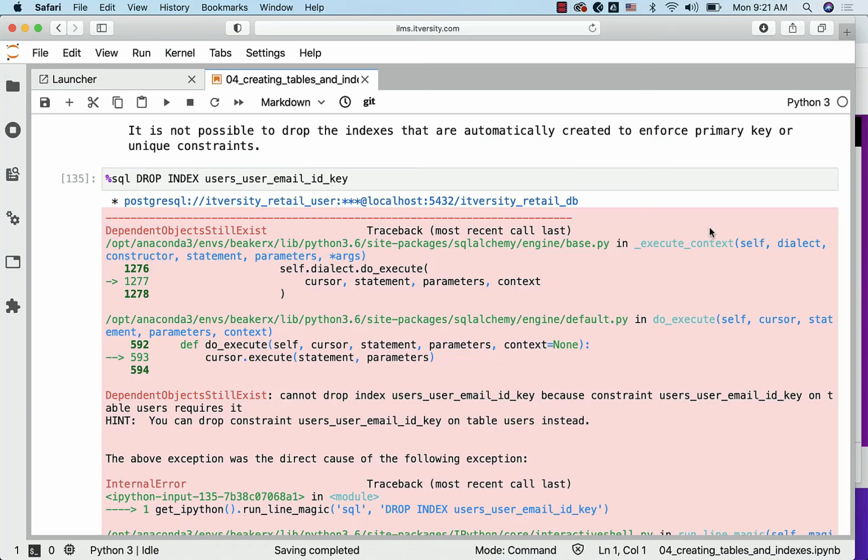As an IT professional, it is very important for us to understand the relationship between the constraints and indexes, especially with respect to primary key as well as unique. They are supported by underlying indexes. Unless and until indexes are there, it will be counterproductive even if some of the databases allows us to create the constraints, which is highly unlikely. So make sure you understand the relationship between constraints and indexes. It is very, very important.